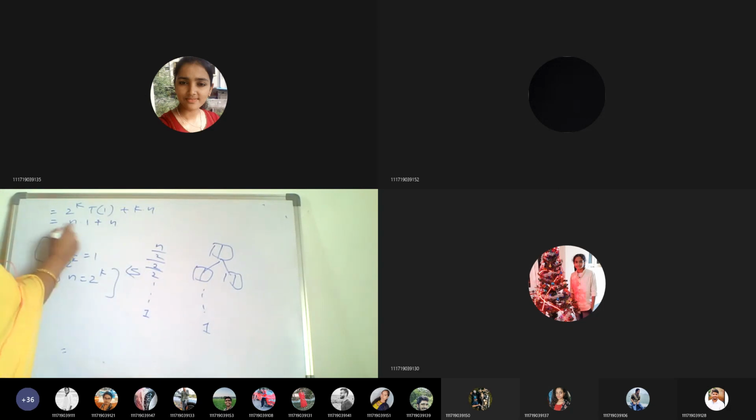So here when we write it like this, for k we have to substitute this value. k is equal to log n base 2. So this k is log n, and this n.